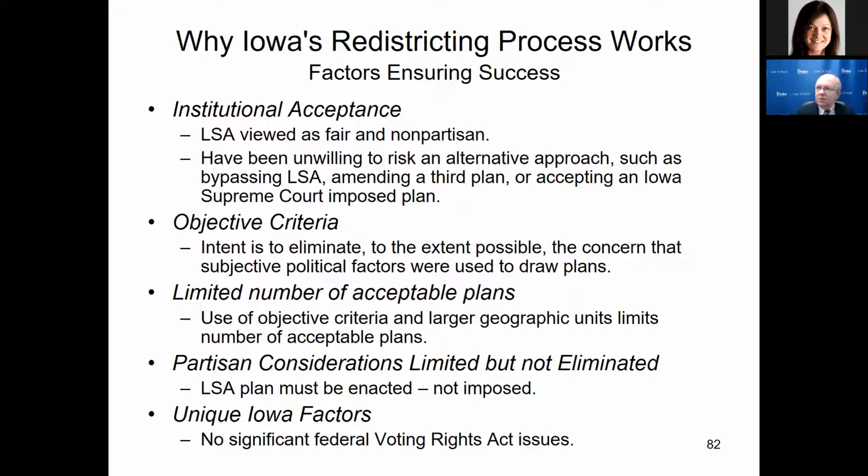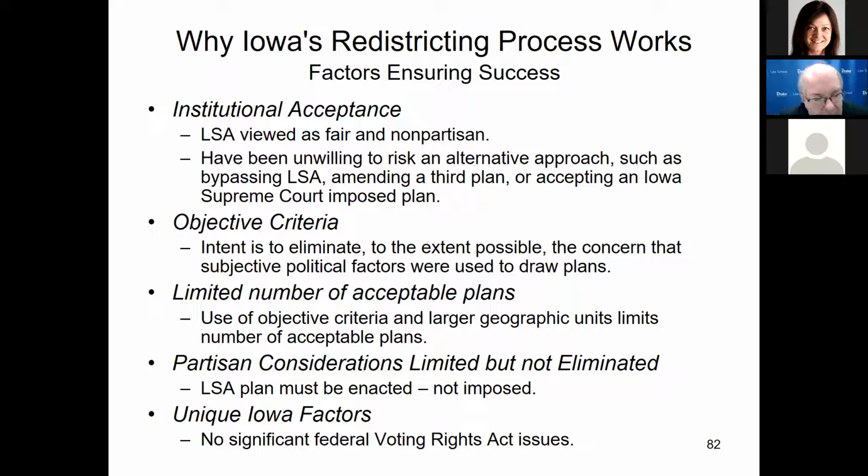How many counties and cities are split in a plan? You can compare one plan to the next. Using all those objective criteria limits the possibility that any particular subjective factors were used to draw the plans. Of course, using all those criteria limits the number of acceptable plans. Use of that objective criteria and larger geographic units limits the number of acceptable plans,